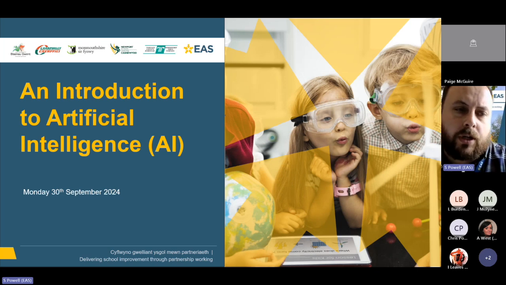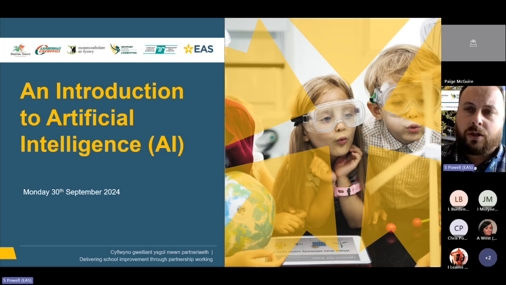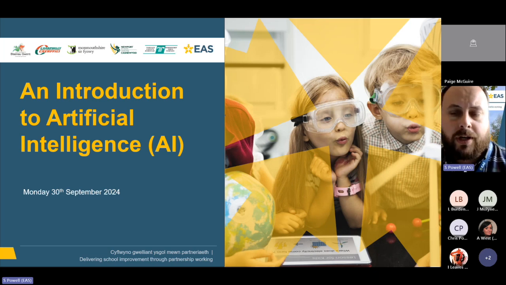In this session, we're going to just get to grips with what AI actually is and understand a little bit behind why we have it and what it is. The second session then, which will run next Monday, we'll look at guidance and policy for your school. So how do we develop guidance for your staff on how they use AI appropriately and ethically.